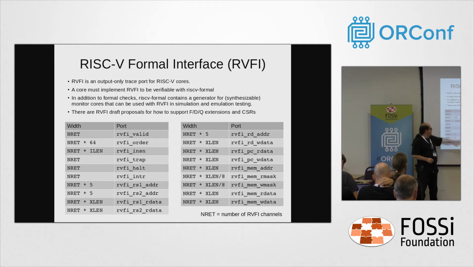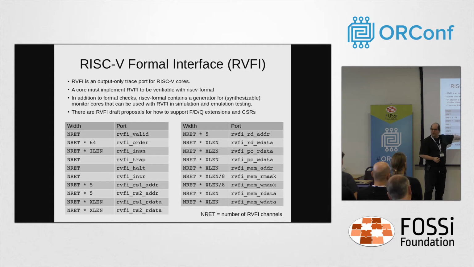3 flags that tell us: did we trap on this instruction? Is this the last instruction in the stream, so we don't expect the next instruction to be retired? And is this the first instruction of an interrupt service routine? And then we have a couple of details about the instruction that we just retired, like, when you have source registers, the register address of RS1 and RS2, and the data that we have read from those registers. And if you have a destination register, then the address of this destination register and the data that we have